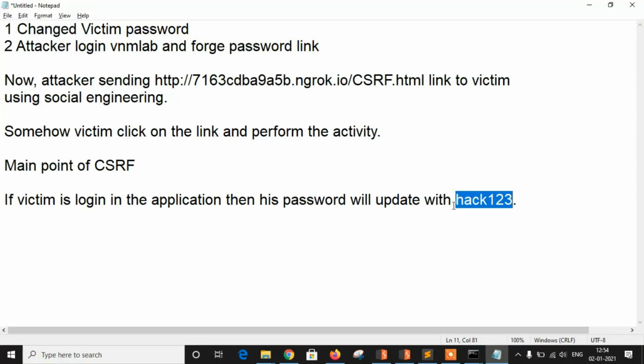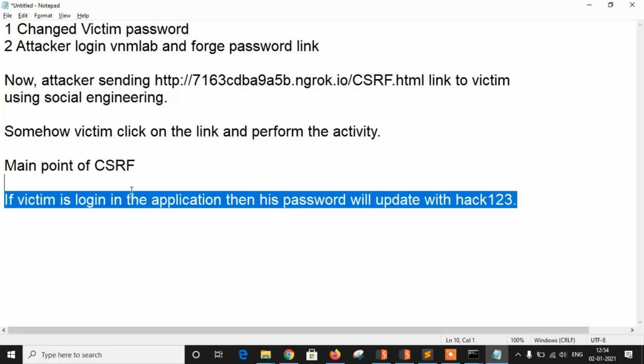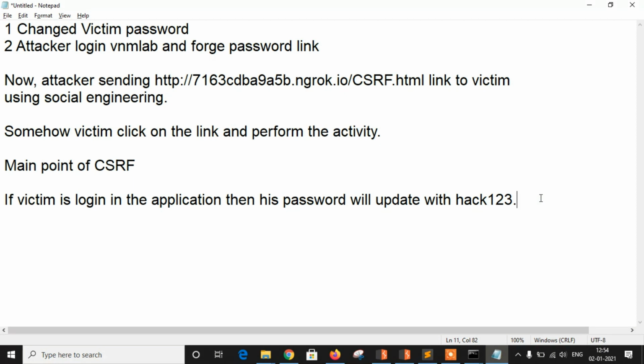The main thing is that if the victim is logged in to the application, then his password will be updated, and if the victim is not logged in, then the CSRF attack will not work.